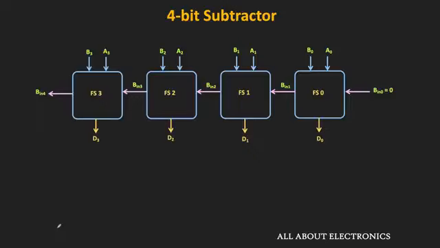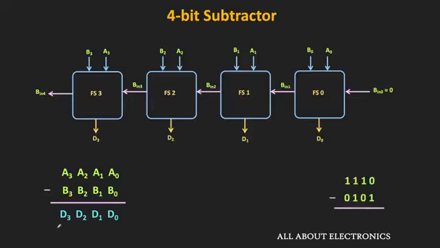So as you can see, here the 4 subtractors are connected in a parallel connection. And the output borrow from one subtractor is given as an input to the next subtractor. So this circuit performs A minus B, where both A and B are 4-bit numbers. Let's say the two numbers are 1110 and 0101. So if we perform the subtraction using this 4-bit subtractor, then for the first full subtractor block, this A0 is